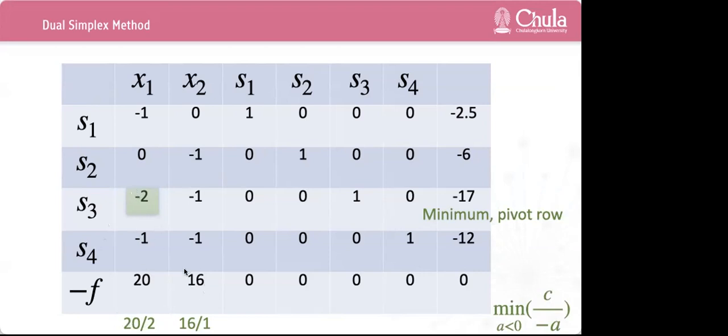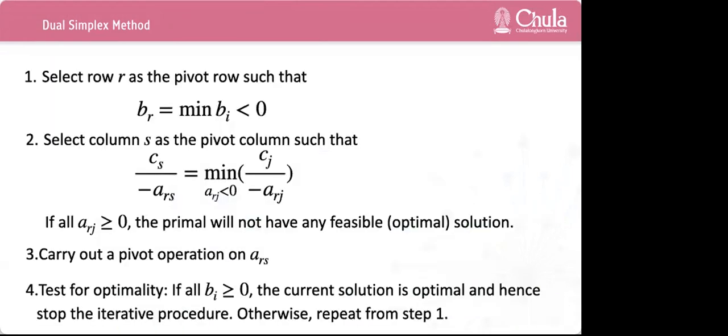For this column, it's 16 over 1. This one is smaller, so we select this column, and on this row it is this one, x1. So x1 will be selected